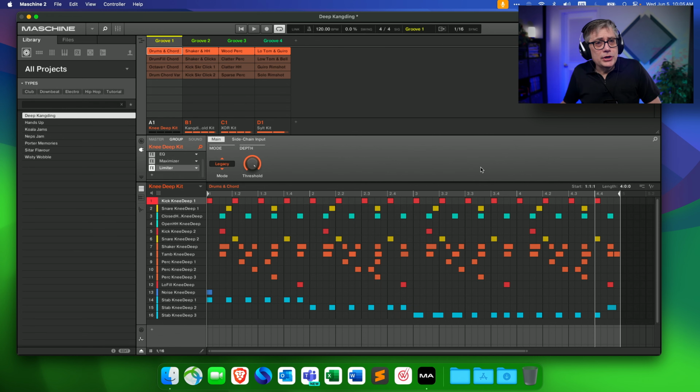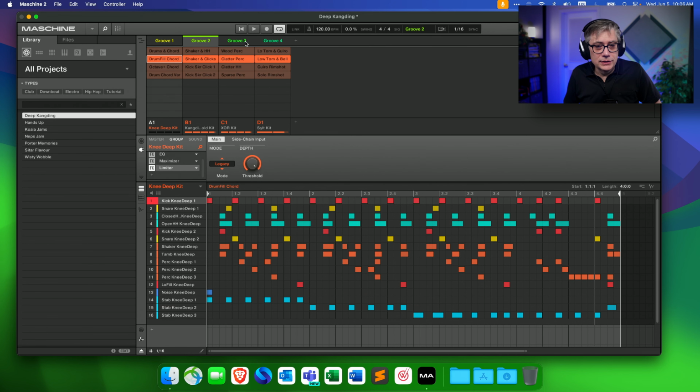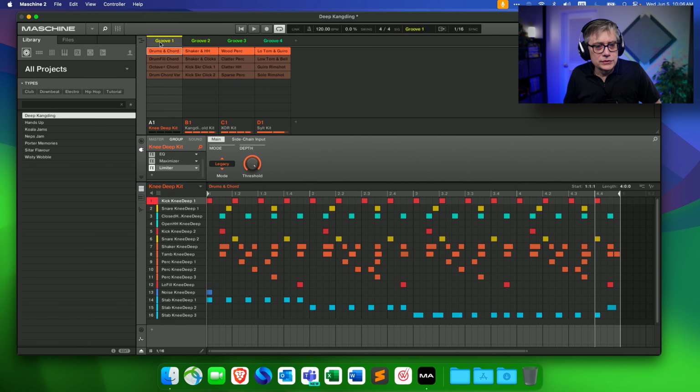Now, if you've never worked with Maschine, the workflow in Maschine is slightly unusual. What we have here is the so-called Ideas window. And in the Ideas window, we can define the individual grooves. These individual grooves consist of individual clips, and these clips are on individual groups, and these groups then contain individual sounds. So what we have here are 4 groups with 16 sounds each, and that's essentially how everything is constructed. And you can then take these clips and turn them into an arrangement as well.